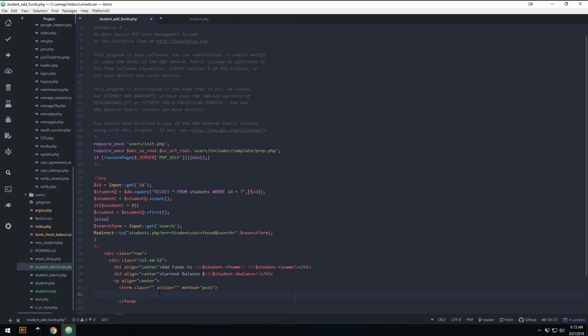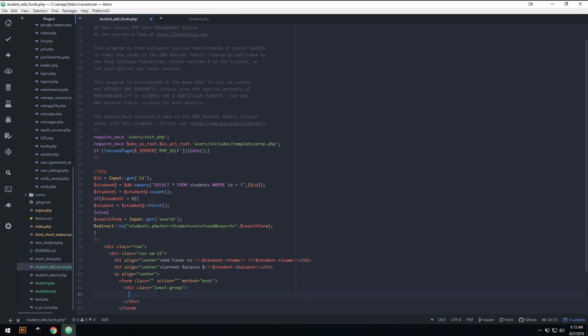And then what we want to do is two inputs. Let's do an input group. I like them where they're bunched together. So we're going to do div class equals input group. This is going to group these next two inputs together. The next thing we're going to do is input, with type as number, and we're going to put a name of, let's call it new, and we're not going to put a value in there, but we are going to put autofocus equals on, and then we're going to do step